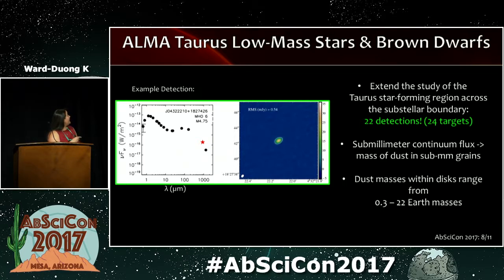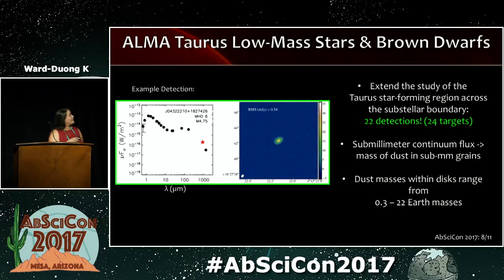And so what we're looking at here is an example detection. This is just the spectral energy distribution, so the flux at different wavelengths in microns. And so we see the contribution from the star here, the telltale signature of a disk around the system, and the new ALMA measurement here. And something else you can see is that this is our beam size, the resolving capacity of the ALMA observations, to understand the extent of the emission in the disk. And you can see that we're actually starting to resolve these systems